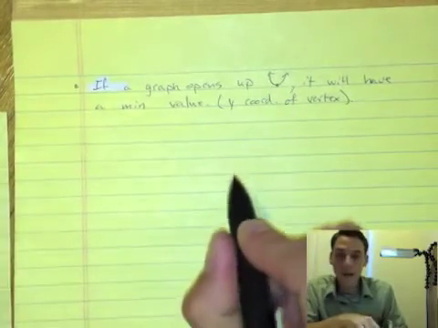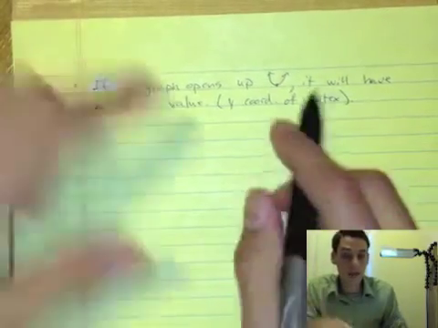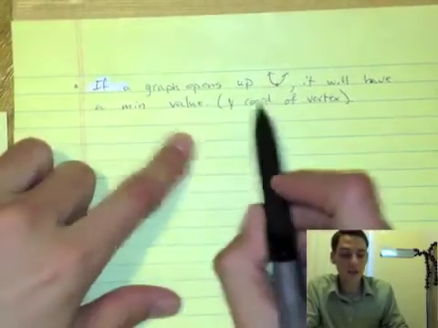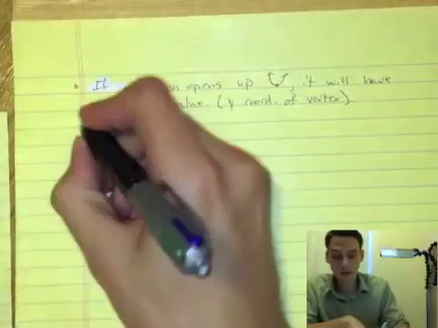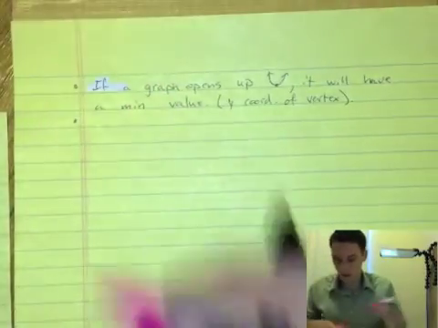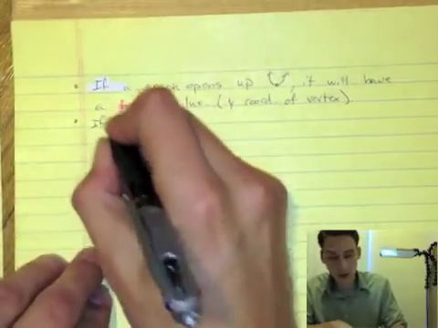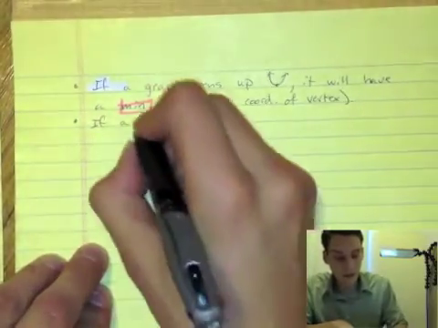So it won't have a maximum value if it opens up. It will have a minimum value. And the minimum value will be the y-coordinate of the vertex. This is important. So, in the opposite direction, if a graph opens down,